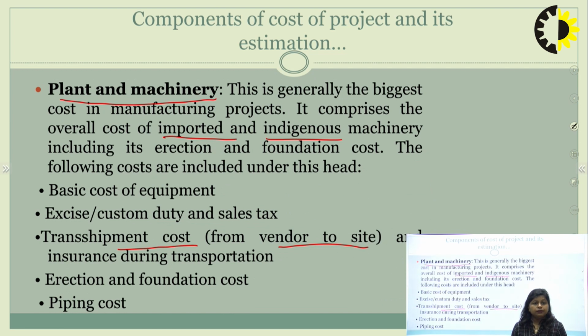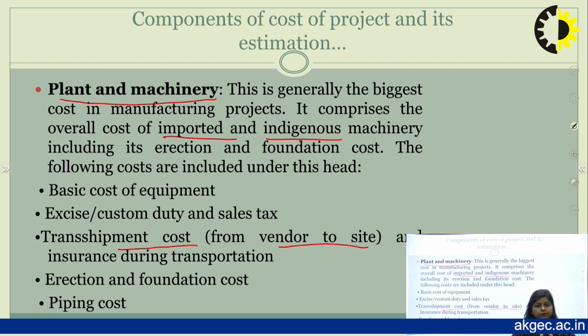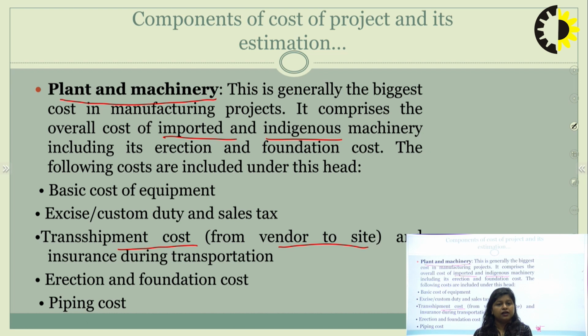After that we need to develop the plant. For developing the plant, we need machinery, whether indigenous or imported. You need to hire that machinery and develop the whole plant. You need to develop the connections between the machinery, from where the raw material comes into the machinery, to where the mid-product, the unfinished product, moves to the next machinery, and so on through all phases. So you need to make out this whole structure during plant and machinery, and find out the costs involved in it.